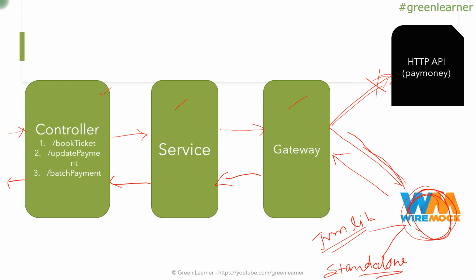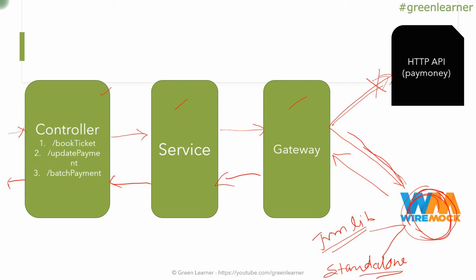So we are slowly moving towards production-like features, right? When WireMock is used as a JVM library, it is a little far from production. But when it is running as a standalone server, you are actually hitting a server. That is a mock server, but you are hitting a particular server, I mean your request is traveling through a network, all right?